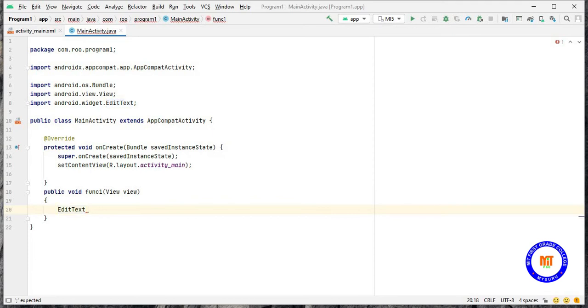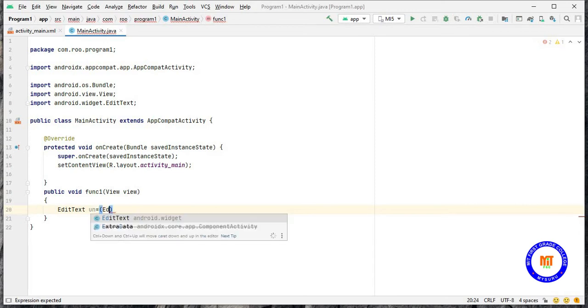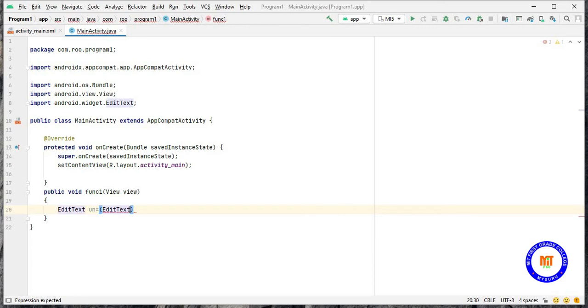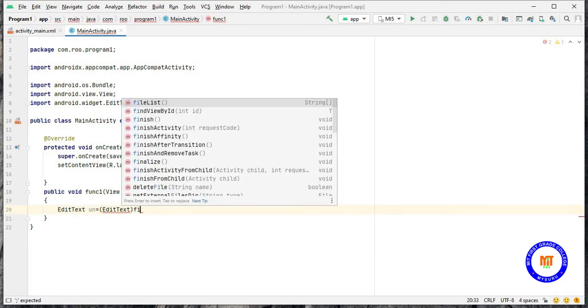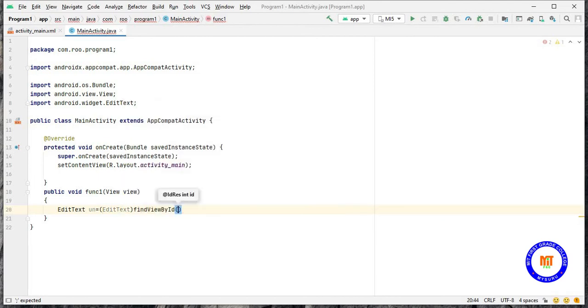I'll be taking a variable username, or you can just take UN. So this is of EditText form. I have to use findViewById to extract the value which the user provides in the first text view.